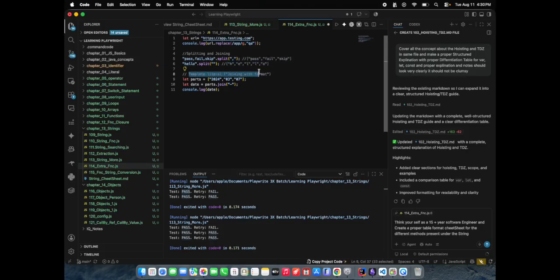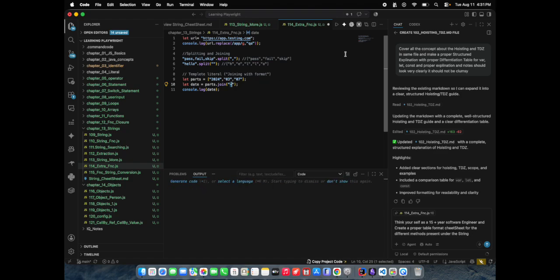Okay, and template literals we have, and joining with format. If you want to join, then we have parts, this is our array we are considering, and parts dot join. If I want to join this one, whatever the three strings we have, we are joining with the help of this dash. With that dash we are joining the above array.